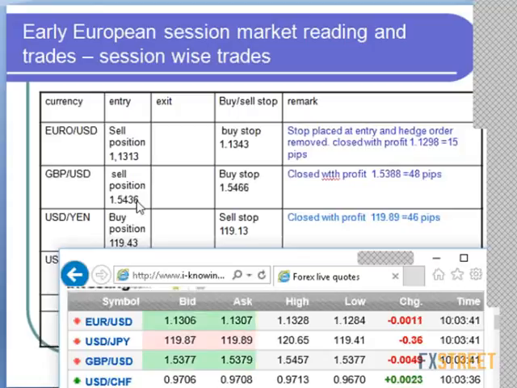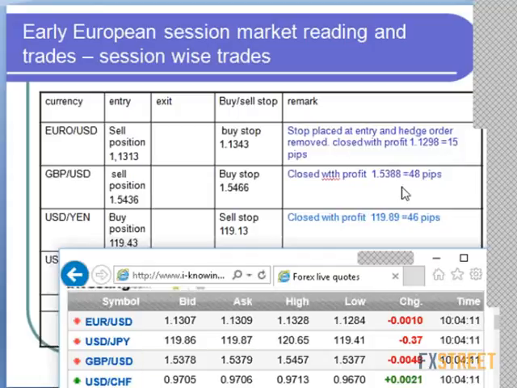Then the GBP, I took the sell position at 1.5436 and they just quickly went above the initial high by about 2 pips, to 1.5457. They formed it as a high. My hedge order was 30 pips away from the sell position. And once they started making that slide, I could stop at entry, remove the hedge order, and then subsequently,